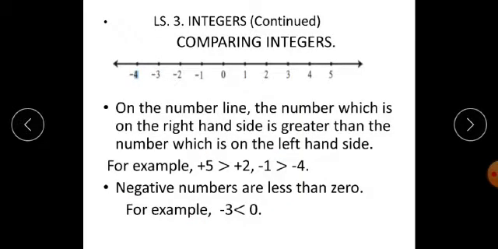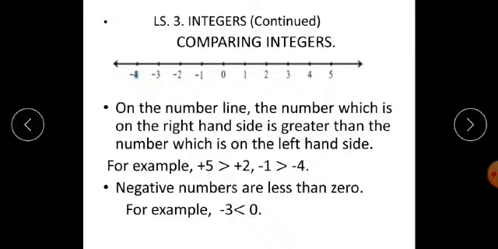In the last period, we have seen what opposite numbers are. You know that opposite numbers lie on opposite sides of the origin. Opposite numbers lie at equal distance from the origin but in opposite directions. And we have also seen the sum of two opposite numbers is always 0.